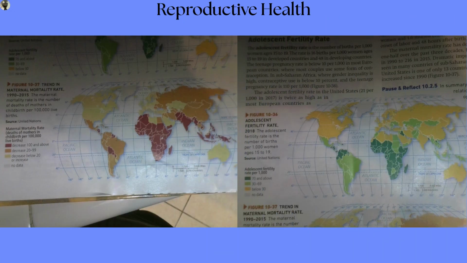While reproductive health may not seem that important, in many countries it is a major contributor to inequality. These graphs here show you two different things that account for reproductive health. The one on the left shows the maternal mortality rate, talked about in Chapter 2. The one on the right shows the adolescent fertility rate, which is the number of births per 1,000 women ages 15 to 19. Both of these maps show similar trends, with rates being highest in Sub-Saharan Africa, Southern Asia, and parts of Latin America.